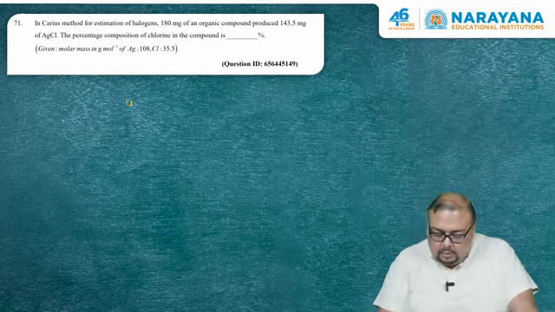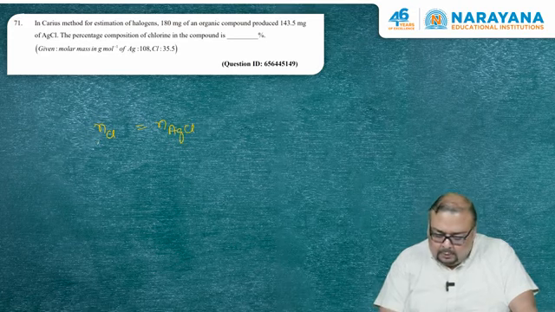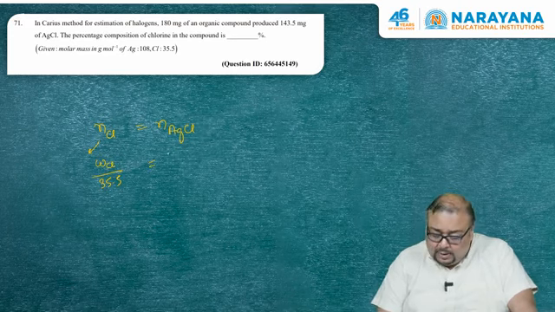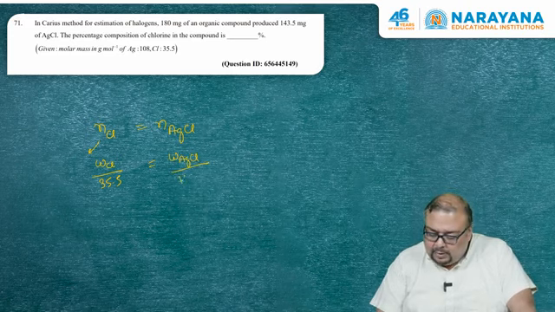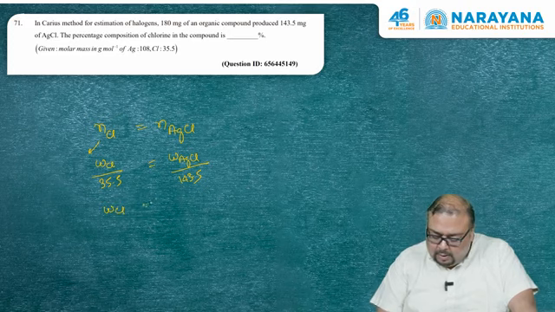Okay, now the moles of chlorine should be equal to moles of AgCl. Okay, the moles of chlorine will be weight of chlorine by 35.5, and moles of AgCl will be weight of AgCl by molar mass of AgCl, which is 143.5. Now, if weight of Cl is in milligrams, the weight of Cl can be written as 35.5 by 143.5 into weight of AgCl,